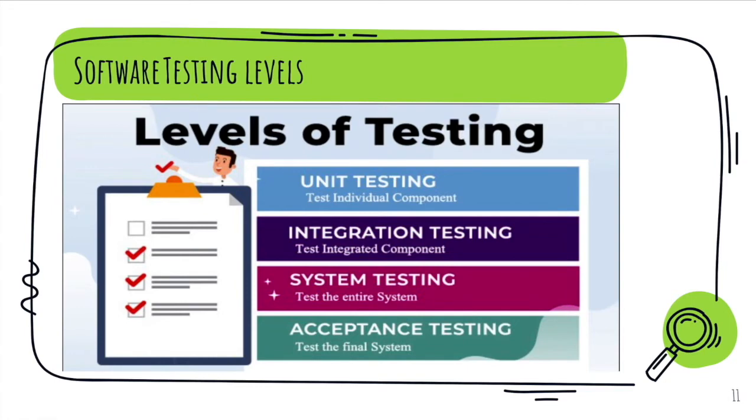System testing is like what I said, that once everything has been integrated, then we are testing the whole application on one particular system. So if I want to make sure that on a Windows system my application is working fine, I will test that application on Windows. Then acceptance testing is the final requirement that was given by the stakeholder. Is it intended? Is it working like how it was supposed to be? That is done by the end stakeholders, and it is the final test which is being done in the final system.